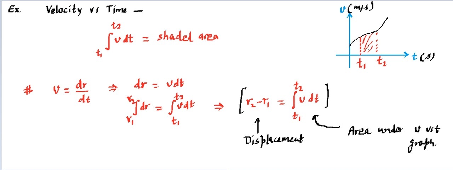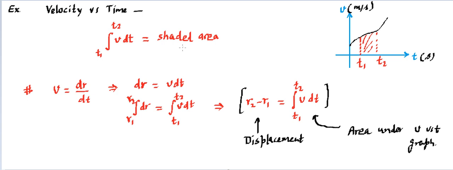I'm just trying to explain how we are able to use these concepts using the concepts of physics. And there are going to be n number of parameters or physical quantities which we can find out by simply finding the area under the graph instead of performing this integration, which might be complex. So this complex integration can be easily solved by taking the area under the graph.